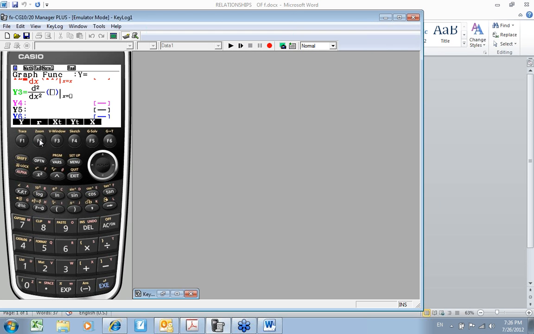And I'm just going to do that one just to show you that it all works the same. So I'm doing the second derivative. Remember to use this y, and that was y1. Remember, we can leave this box blank on the graphing menu.